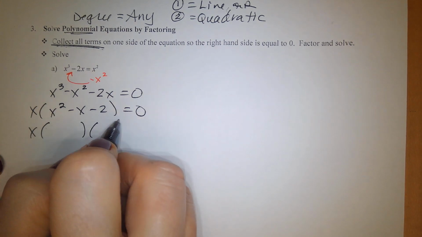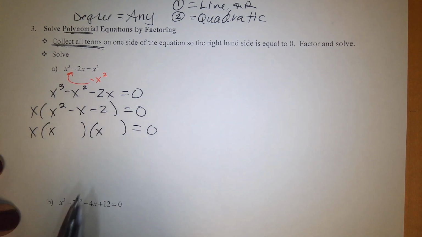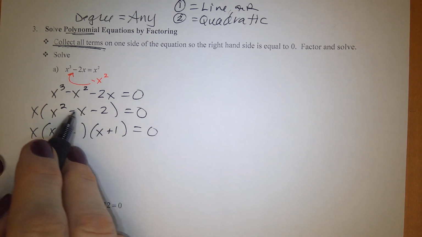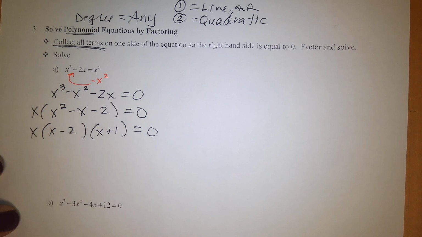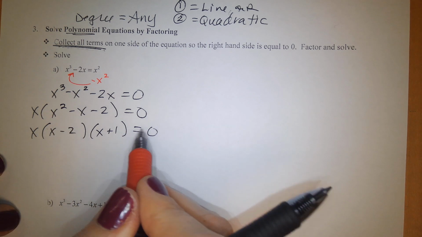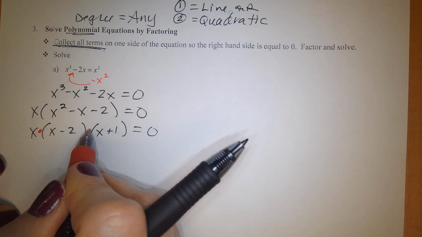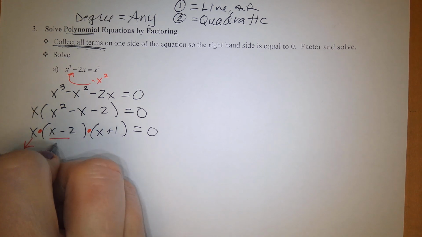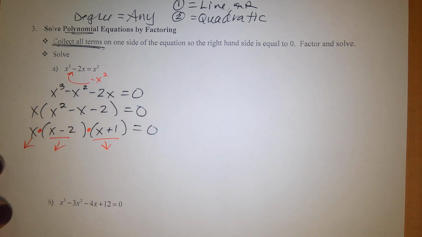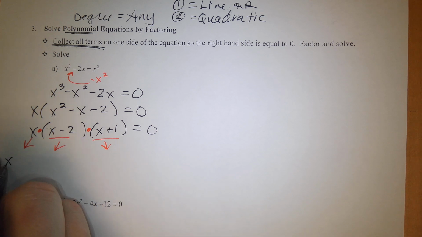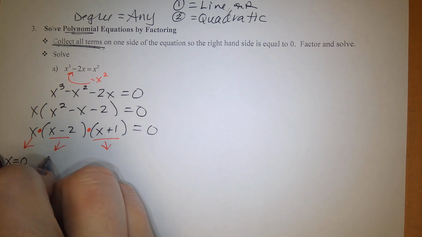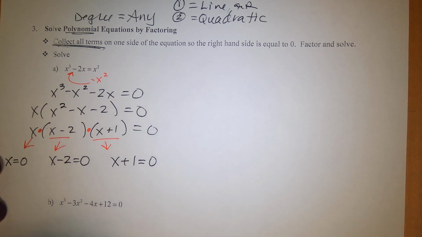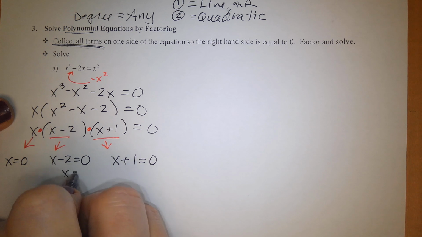You can see that what's left over is still factorable further. X minus 2 and x plus 1 is what would factor this trinomial. This is a zero product property. I have 2 multiplication signs in there, which indicates any of these 3 parts could be 0. So either x is 0, x minus 2 is 0, or x plus 1 is 0, which indicates